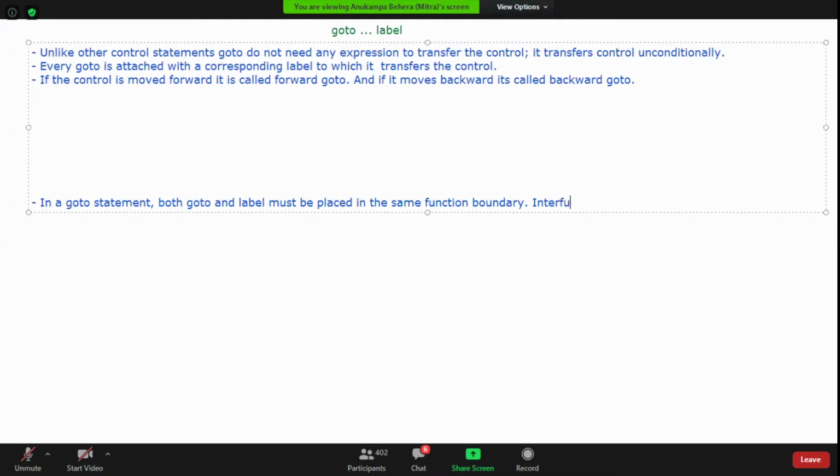Interfunction transfer of control is not possible using goto. Can anybody tell me why we cannot transfer the control across the function?